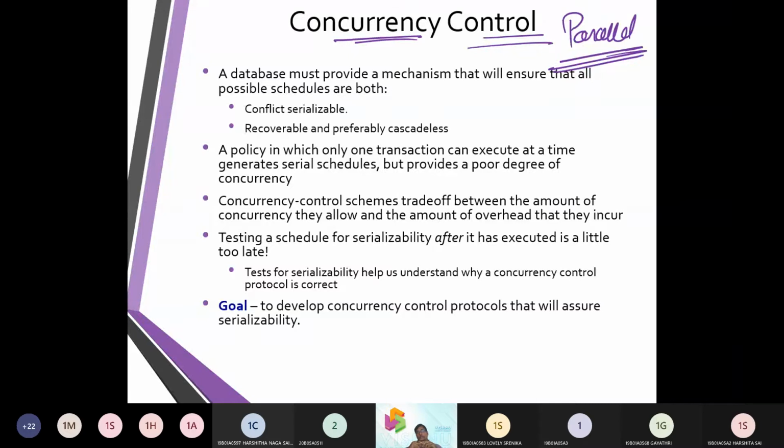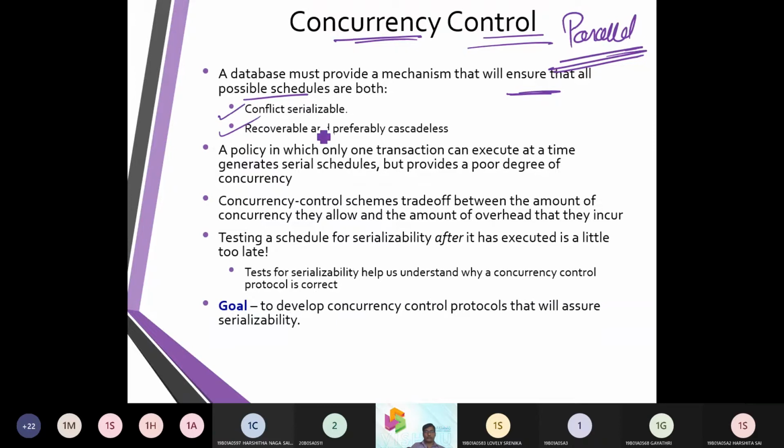We need to look into things in the form of parallels, and obviously it is ensuring that all the possible schedules are free from conflict serializability, with an option towards recovery when it is cascadeless, there is no overlapping, etc., then it needs some cascadeless operation.